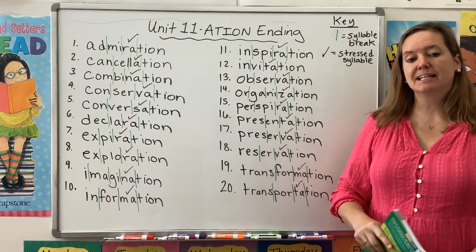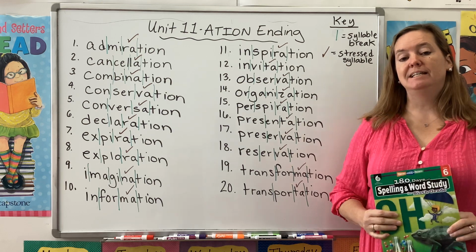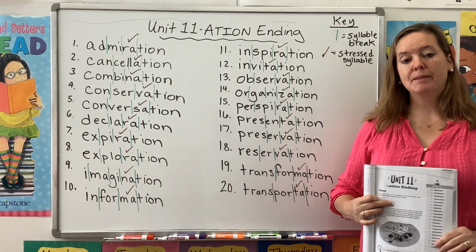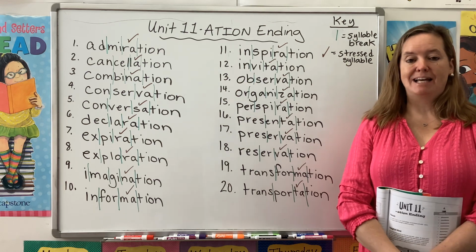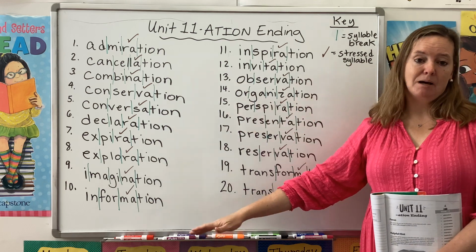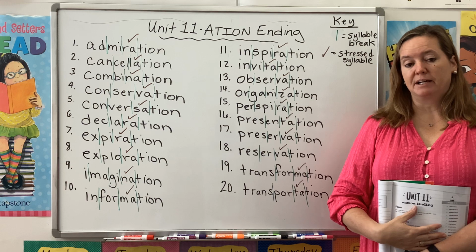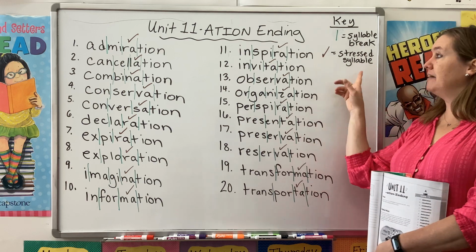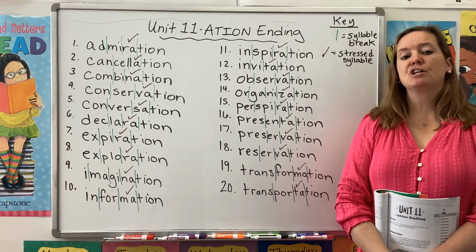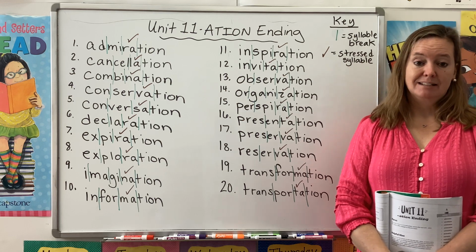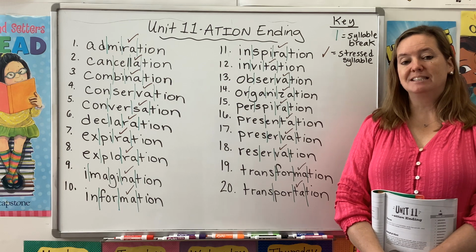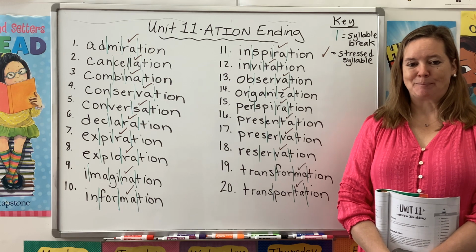Please take a second to gather your materials. You will need your green book open to page 71. You will also need some colorful pens, markers, or crayons. Remember, whatever I mark up on the board, you should be marking on your page. Please save room for a key as well. If that doesn't fit on the page, a separate sheet of paper is fine. If at any point I'm moving too fast, please pause the video and catch up.